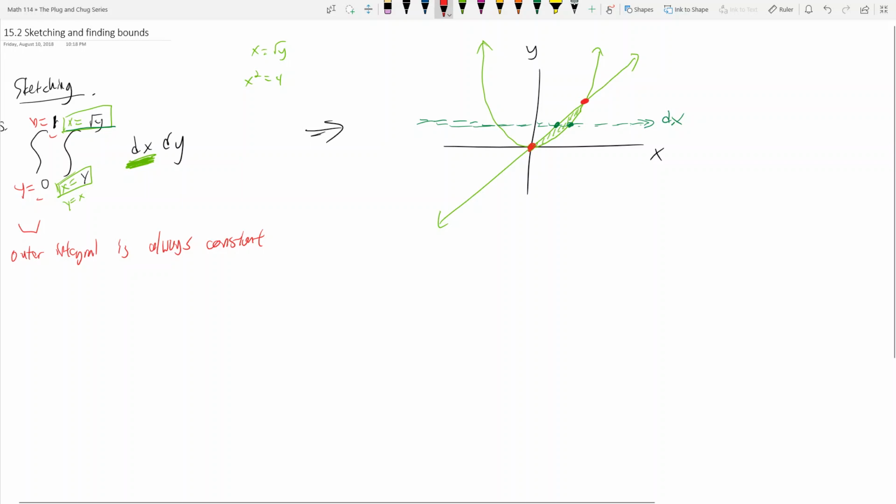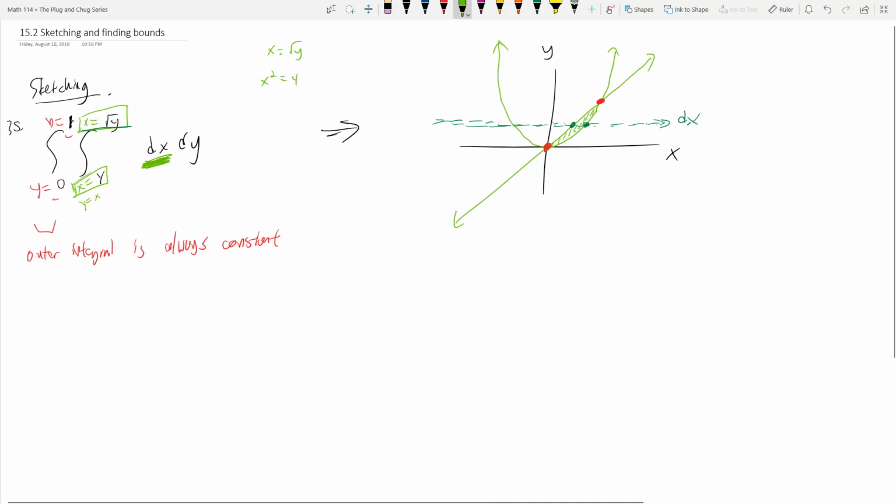They're very easy to find. They're the minimum and the maximum on that region. And then the inside integral is going to be the hardest. The dx integral is going to be the hardest because you have to plot the graphs and so forth. Okay, so that's one example there. So that's what happens when you have to sketch. So what else? Let's say